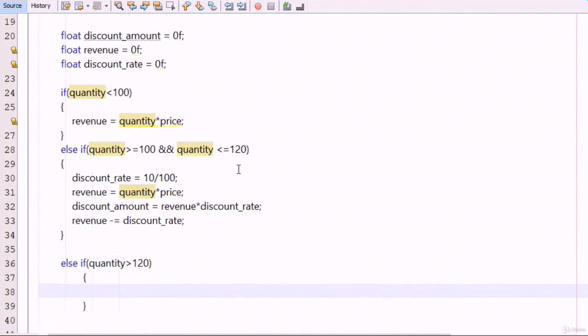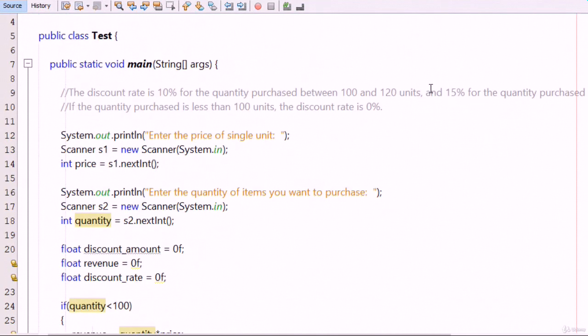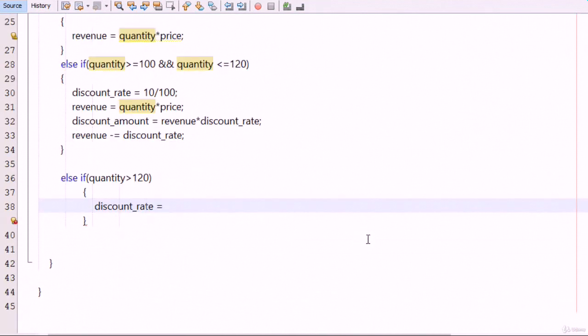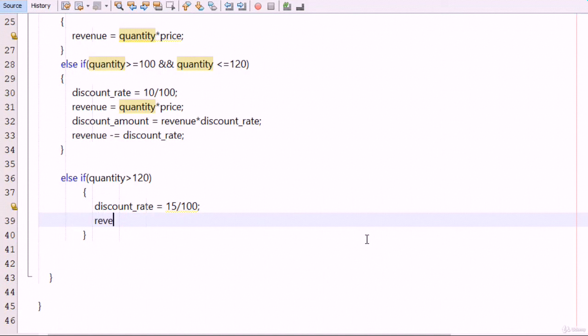Then I have to give him discount here, discount rate equals to, now this time it is 15%. So I type here 15 divided by 100, and